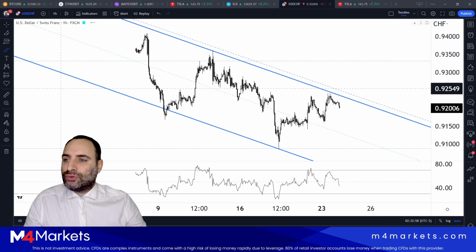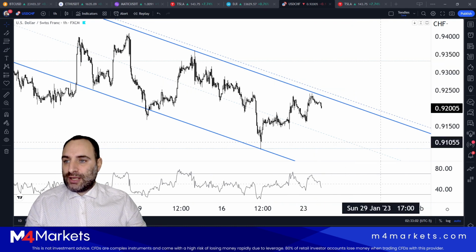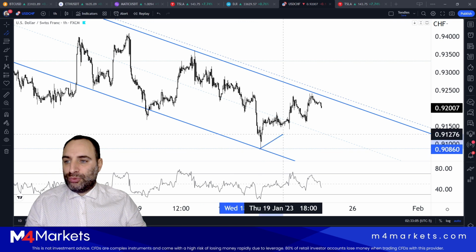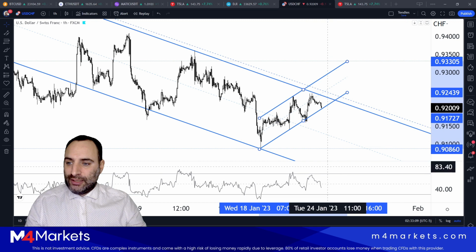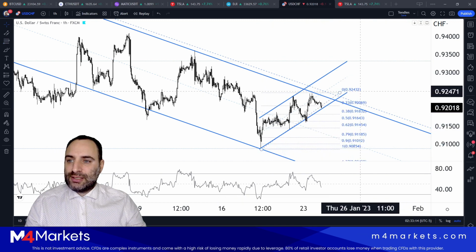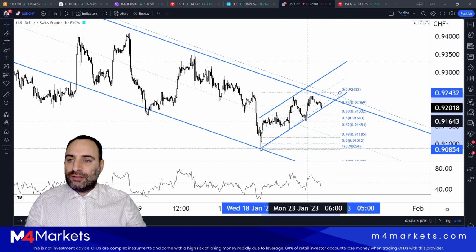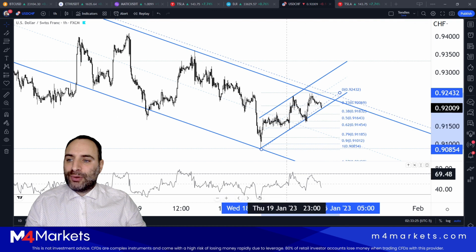So what we'll be doing here, again, it's very important that we break outside this channel. Obviously, now we know that we're not breaking outside this channel. Actually, we are very near to breaking on the downside. And we have to use the 50 Fibonacci in this case, which is a double bottom over here at 91.64. So breaking outside this channel is very likely going to lead us to 91.64. And then if what we are thinking is going to pan out, because we do have some sort of short-term divergence here as well in the 1 hour, then we should be looking for the previous bottom